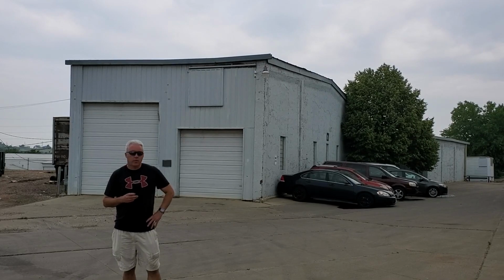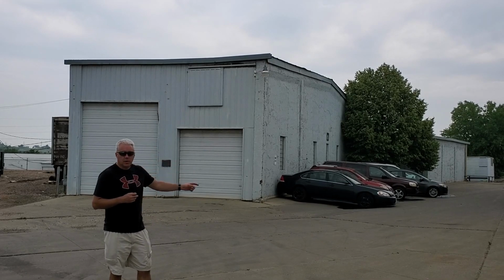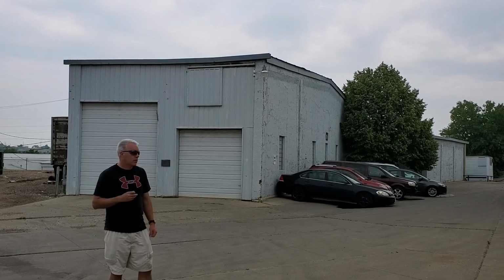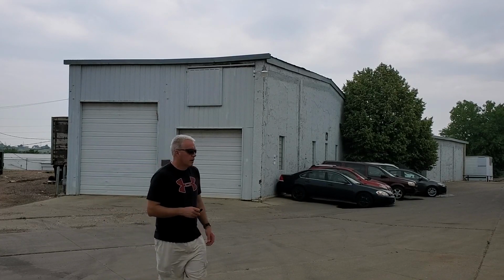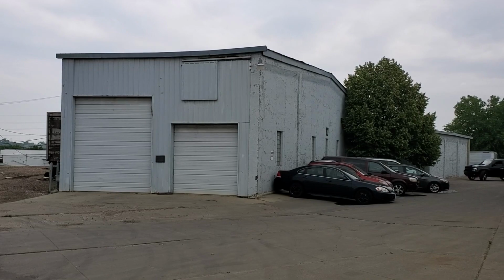So this part is where a little bit of sleuthing on Google Maps came in handy. We were only able to locate what we think, or what we're pretty sure, is the remains of the Omaha Road, or the Northwestern's roundhouse in Sioux Falls. This is on North Weber Avenue, almost up to the Smithfield pork plant, just south of where the BN and the Northwestern cross Weber Avenue in